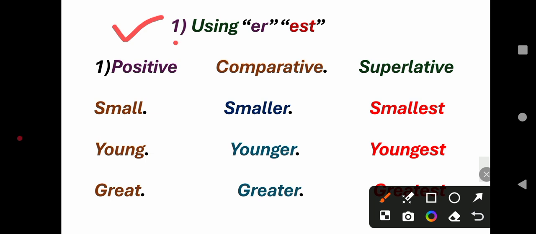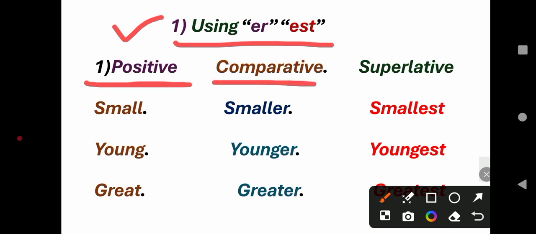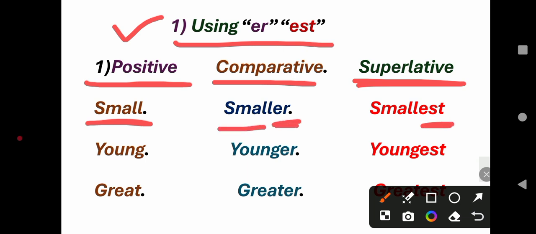The first rule is using ER or EST. Most adjectives are one syllable in the positive, and some are more than one. By adding ER we form the comparative, and by adding EST we form the superlative. Like small has one syllable: small, by adding ER in the comparative to form smaller, by adding EST in the superlative